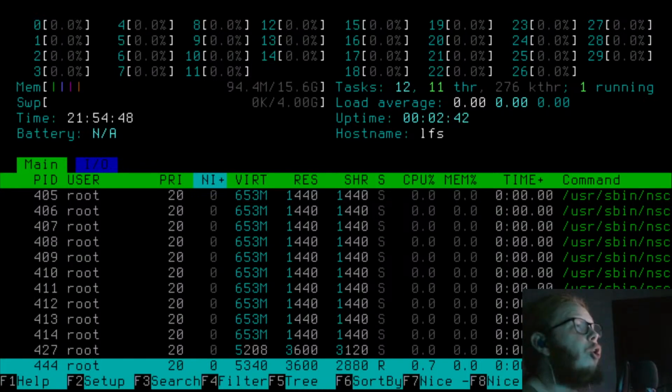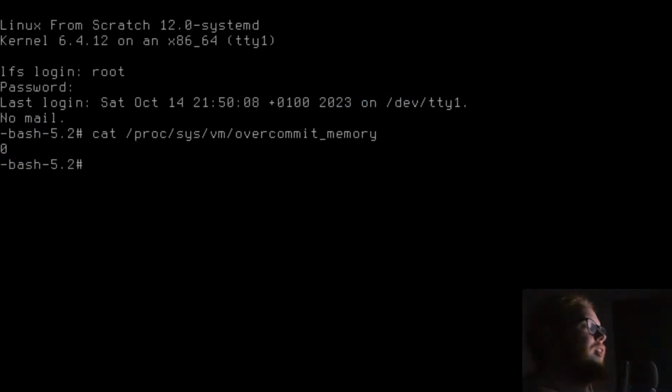Also, 94 megabytes of RAM. That's the lowest I've ever seen. That's the lowest amount of RAM I've seen this operating system use. God damn. That's tasty. Right. Okay.